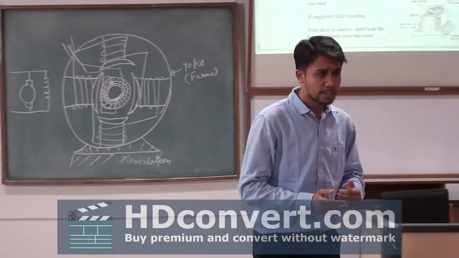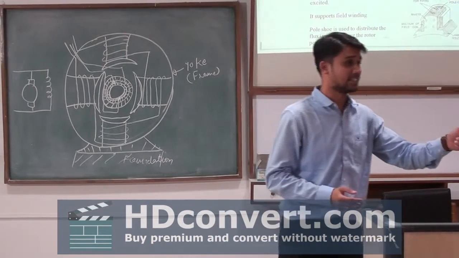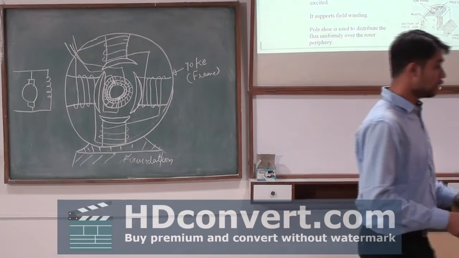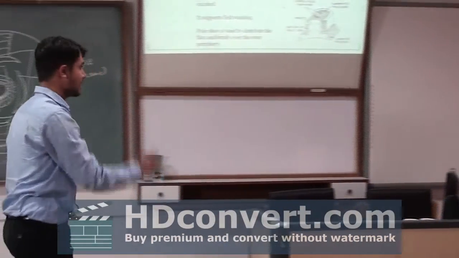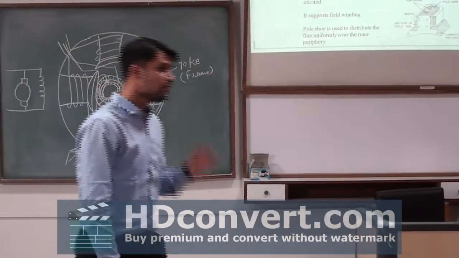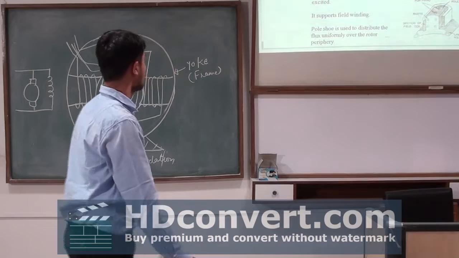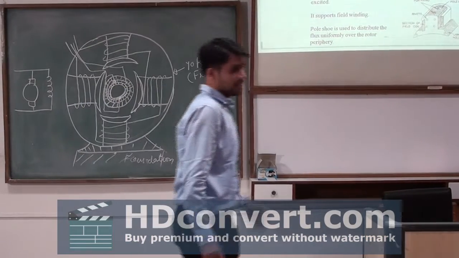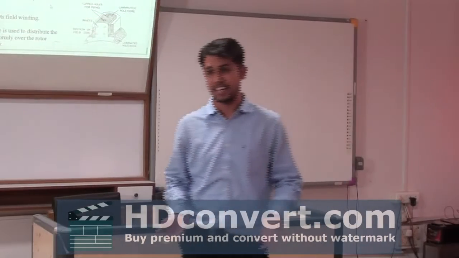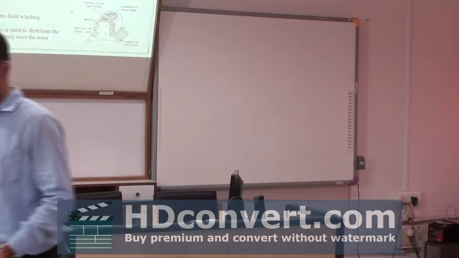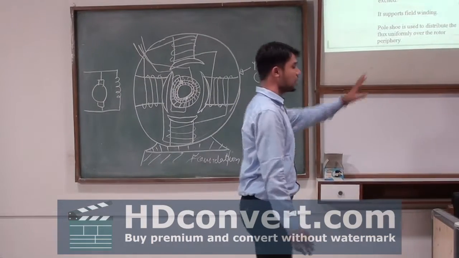Now what do you mean by reluctance? Reluctance means magnetic resistance. When we have a low reluctance path, all the flux lines can easily pass through the material. That's why the material used for construction here is cast steel, cast iron, dynamo steel. Another is pole and pole shoe. Naturally, if the main part is made of cast steel or cast iron, the pole is also made of the same material because it has to carry the flux path.